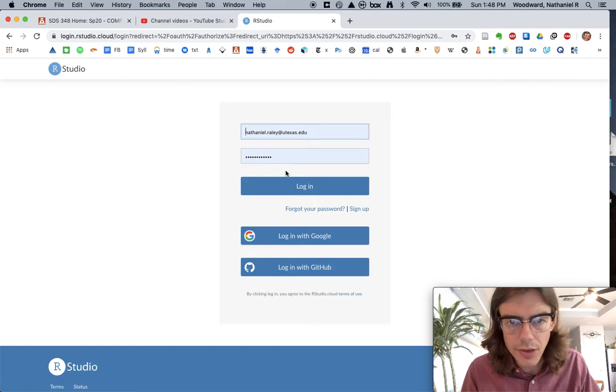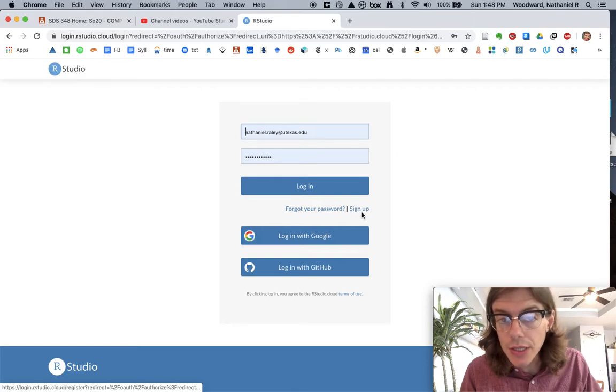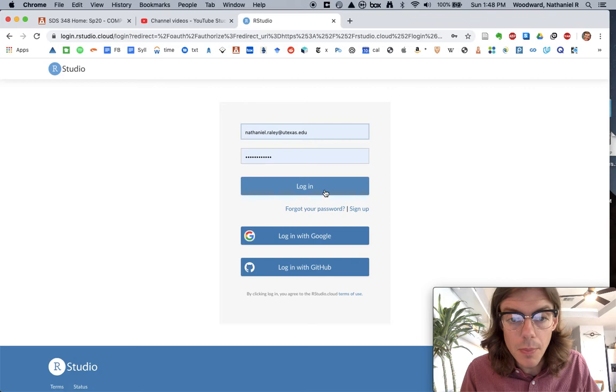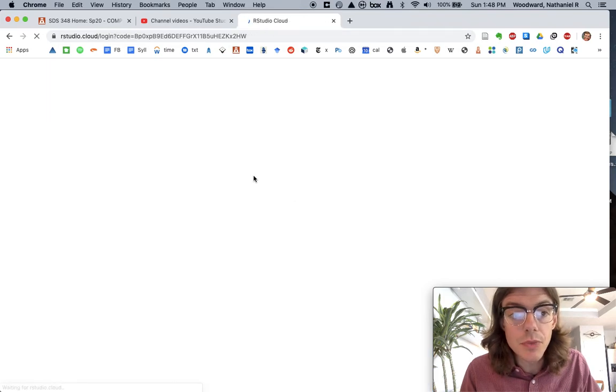URL bar there, it'll prompt you to log in. And you may have to sign up to create an account if you haven't already. So just sign up to create an account. It's just a free account. You just need an email address and a password, just like any other free account. But when you do this, you can log in,